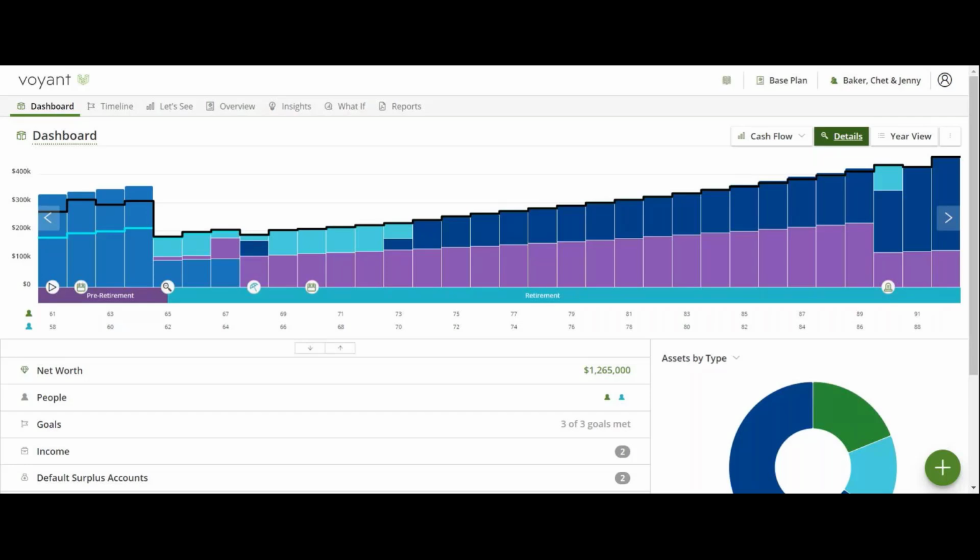I'm the Client Success Lead here at Voyant, and today we're going to explore how to use Voyant to model guaranteed income and long-term care needs. By the end of this session, you'll be equipped to assess your client's needs in these areas, enabling you to provide tailored, comprehensive advice. We'll also cover how to present and communicate the importance of these strategies to protect against